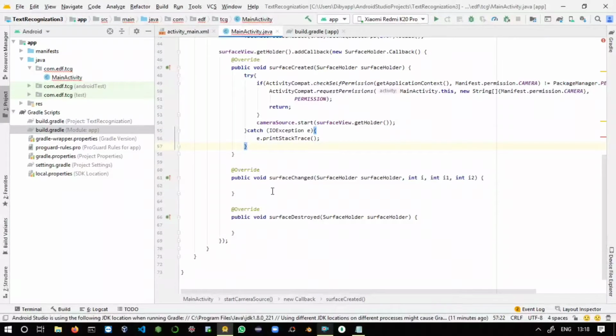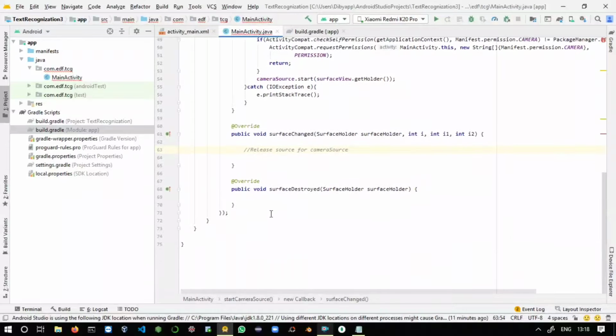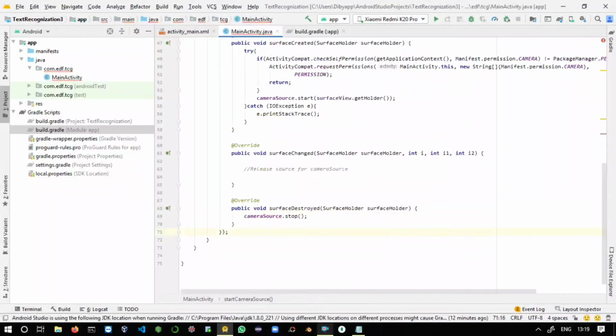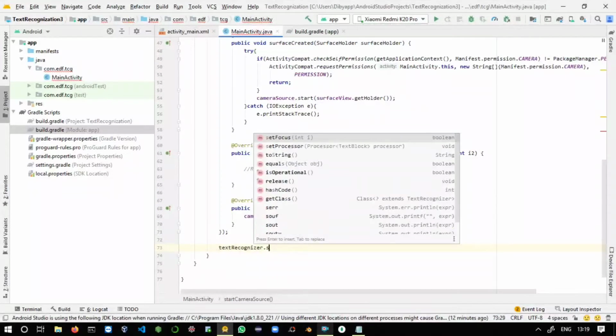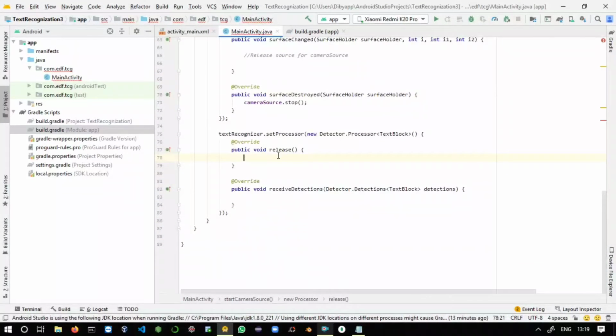Inside the second method, you can write a comment, release resources for camera source. Inside this last method you can say cameraSource.stop. Just come outside and say textRecognizer.setProcessor new Detector.Processor. Inside this release method you can write a comment, detect all text from camera.